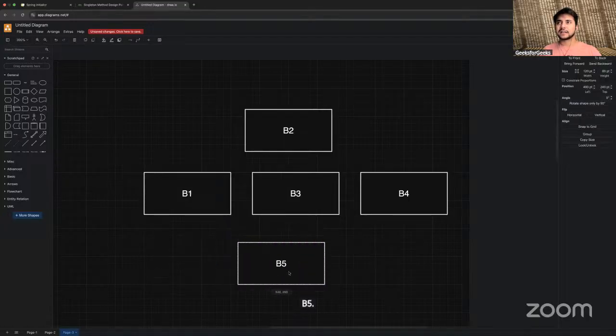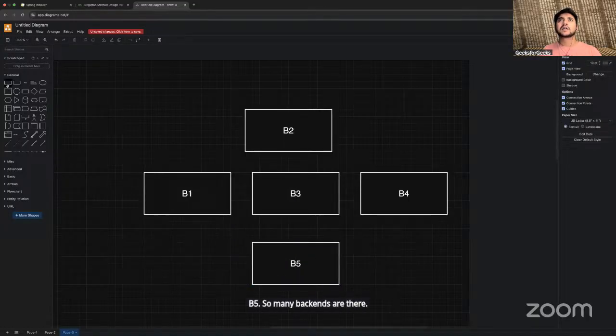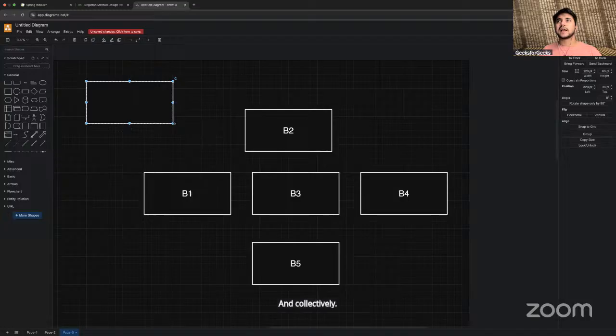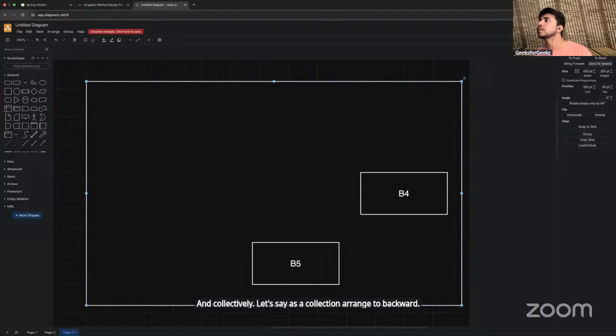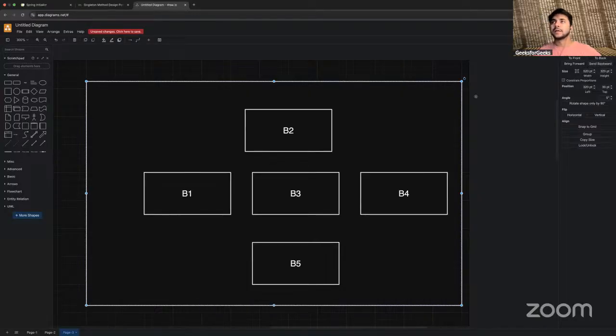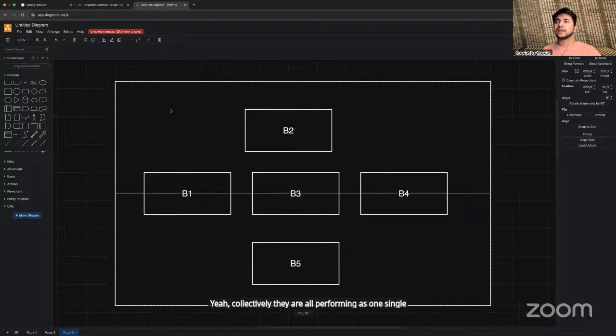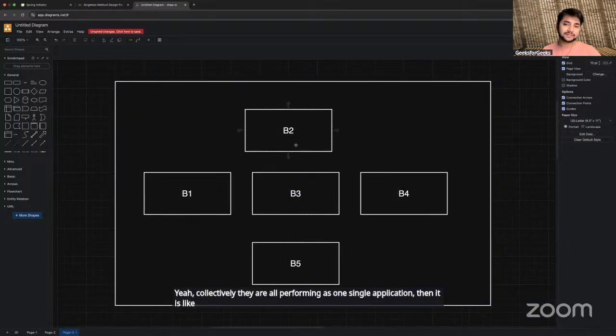So many backends are there. And collectively, they are all performing as one single application. Then it is like a multicellular organism.